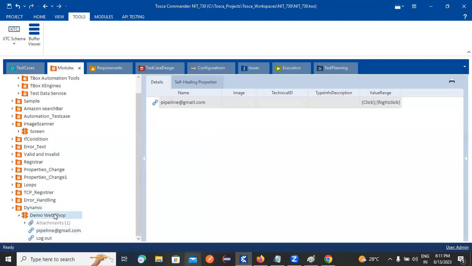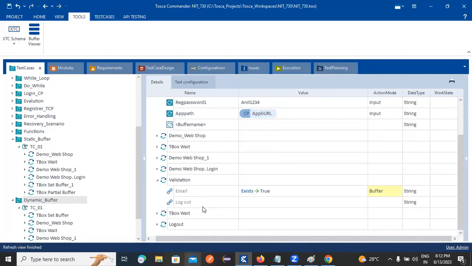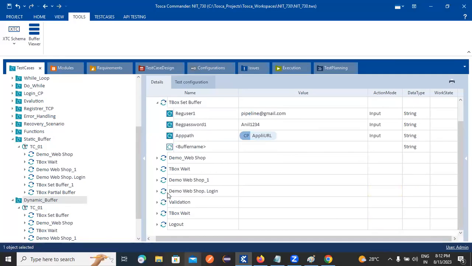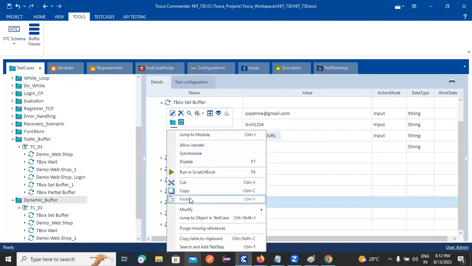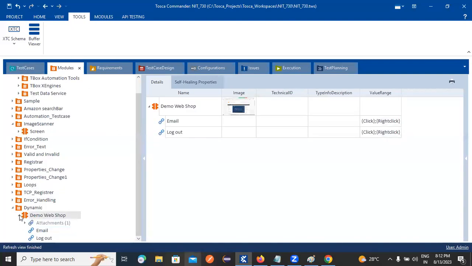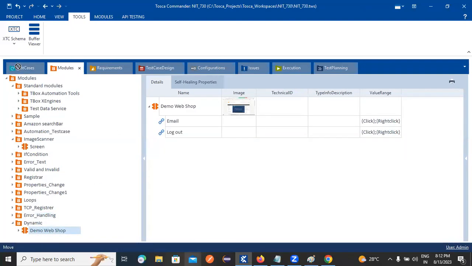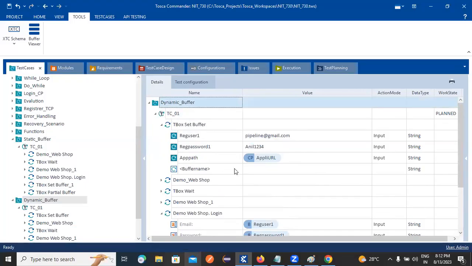Here I will provide. Now here I will provide email. Okay. Just I need to go to the test case. This validation I need to remove. I will remove this validation. Okay. And drag and drop. Okay, once I need to provide the